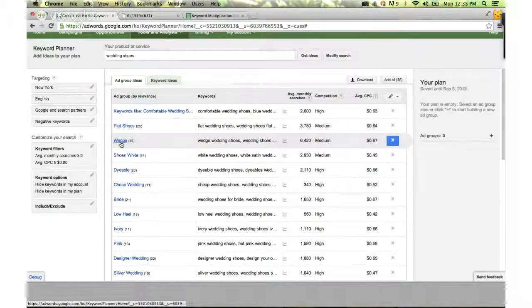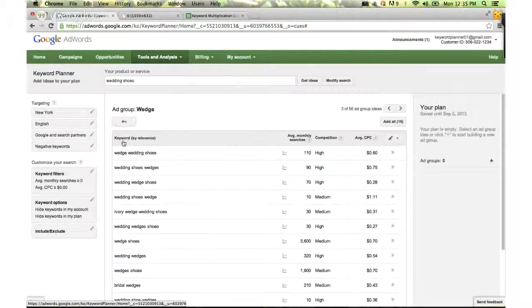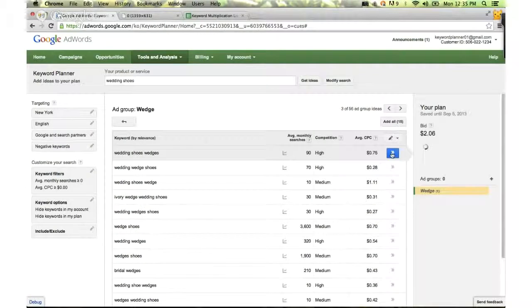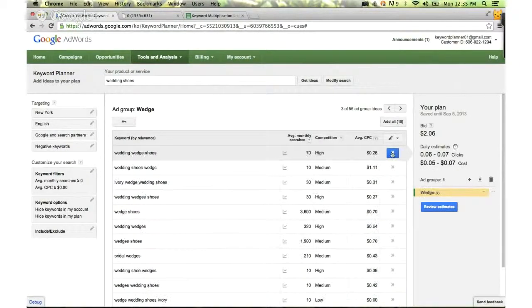So now that we have a few results, I'm actually going to open up this ad group to take a look at what's in here. One of the big new features of Keyword Planner is that we now have this plan, which functions as a shopping cart. So I'm going to go through the wedge wedding shoes ad group and add on a few of the keywords that I like and that I want to include in my plan,